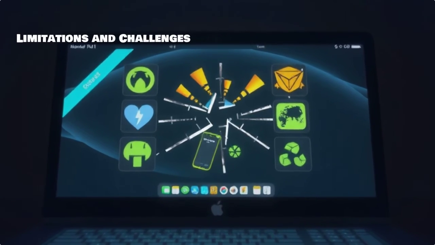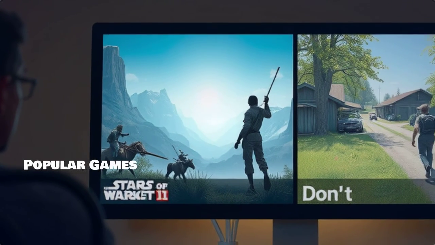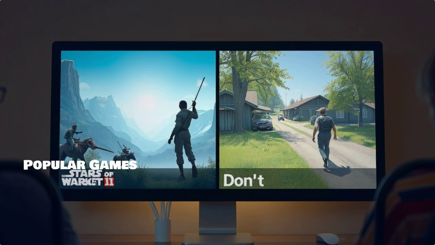However, limitations exist, including performance concerns and software availability. Let's look into those. We'll now compare popular games that work well on Mac against those that don't, so you can choose wisely. To wrap up,